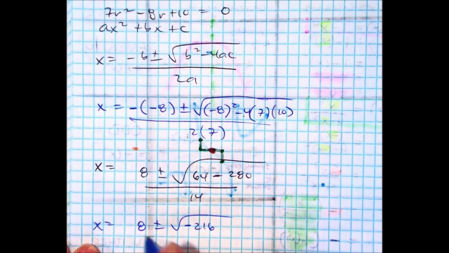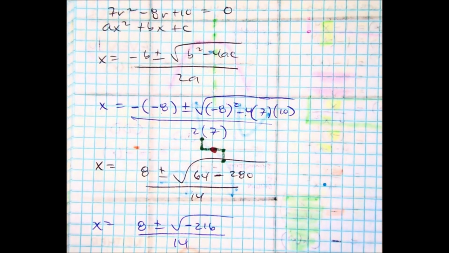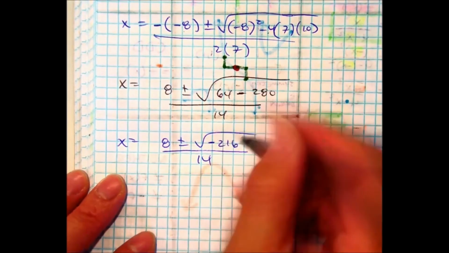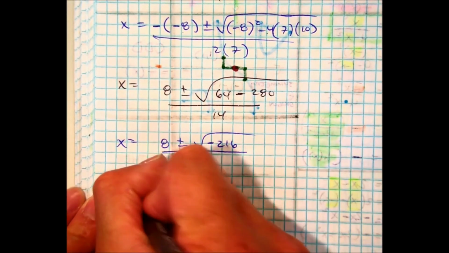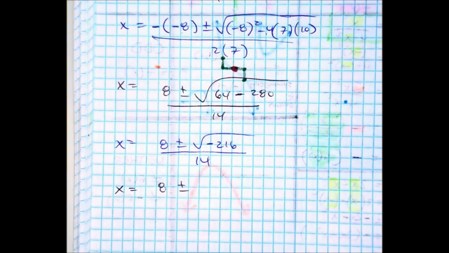It's going to be negative 216 divided by 14. Feel free to use your calculator. 8 plus or minus